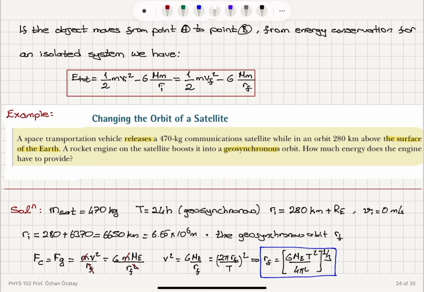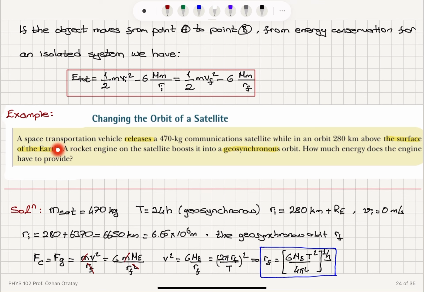And when we change position, the radial position from point A to point B, if the system is isolated, energy conservation implies that initial kinetic energy plus initial potential energy must be equal to final kinetic energy plus final potential energy. We have seen the application for changing the orbit of a satellite, where a communications satellite is basically